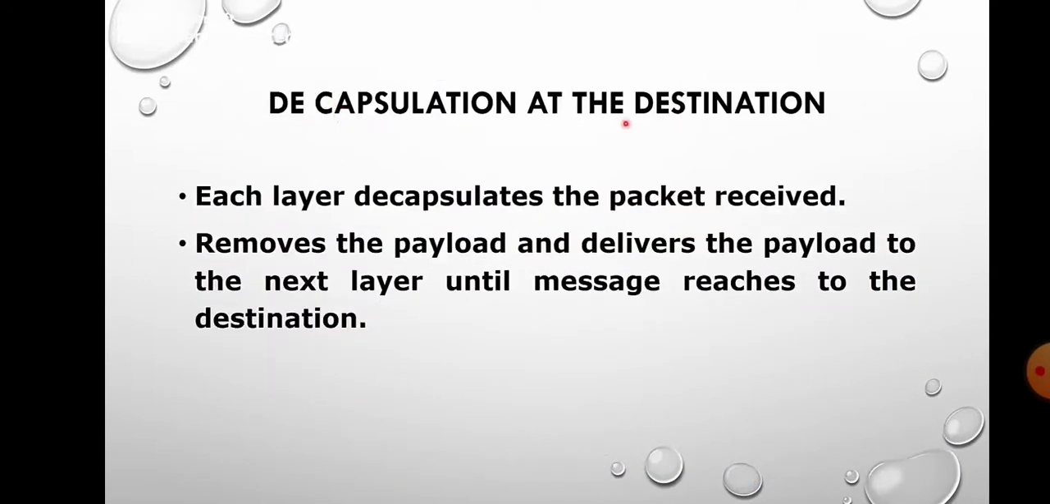Next we'll take decapsulation at the destination. Encapsulation we consider on the source side, and decapsulation we consider on the destination side. Each layer at the destination side is responsible for decapsulating the packet. Each layer decapsulates the packet received from the previous layer, removes the payload and delivers the payload to the next, higher layer, until the message reaches the destination. So finally, after removing the respective header